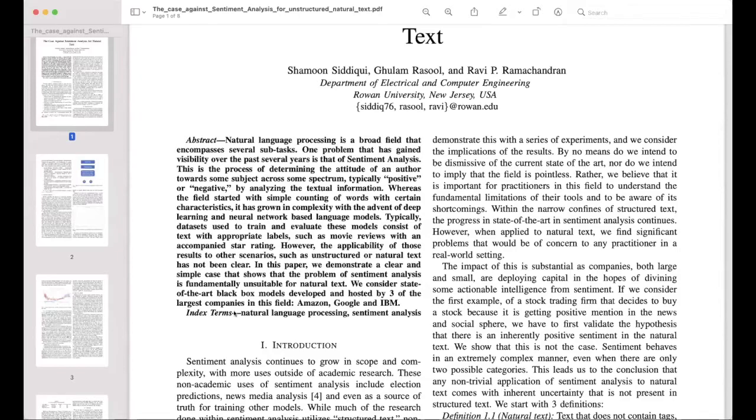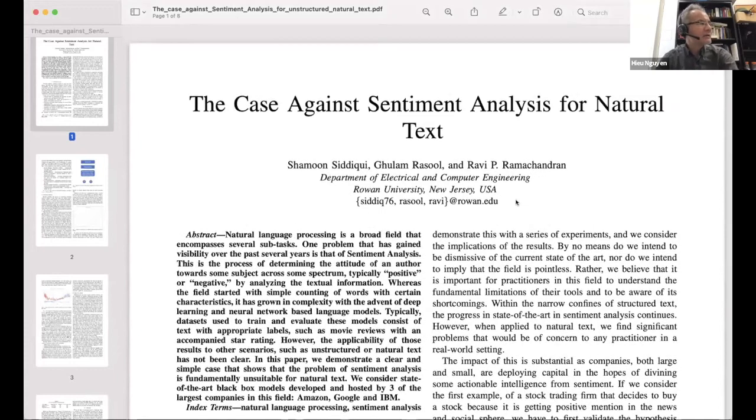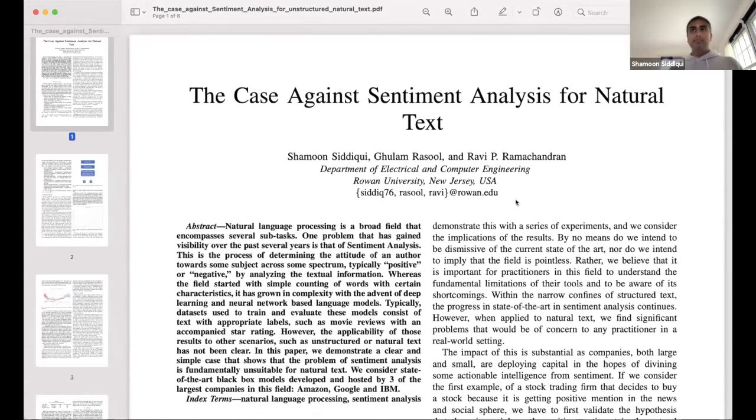So we're going to move on to our next talk. If I get the next speaker ready, I'll introduce them. So Shamoon, are you ready? Let me introduce you then. Okay. So our next speaker is Shamoon Siddiqui from Rowan University, and he's going to be speaking on the